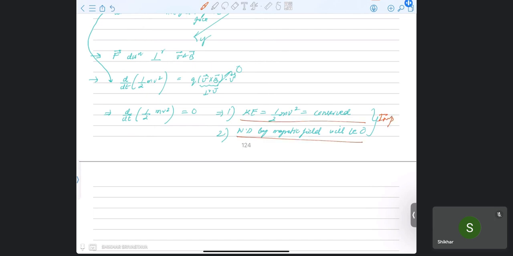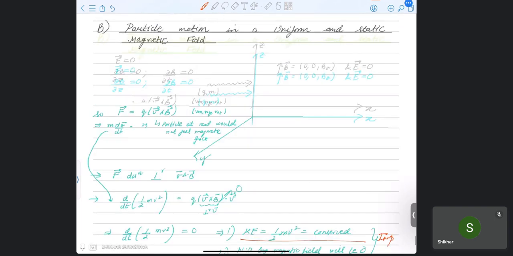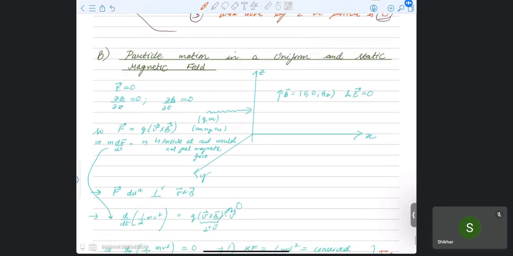These two are important points. Okay. Now, what would happen? Now let us derive the equation of motion for this particle. So we have this equation, right? So we can just write